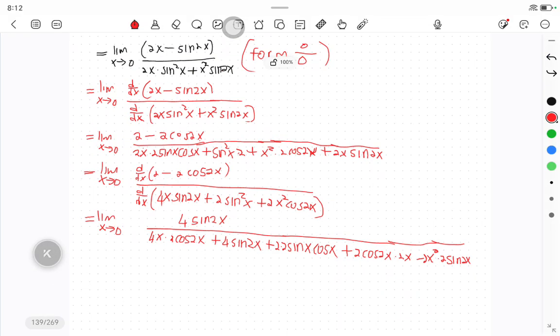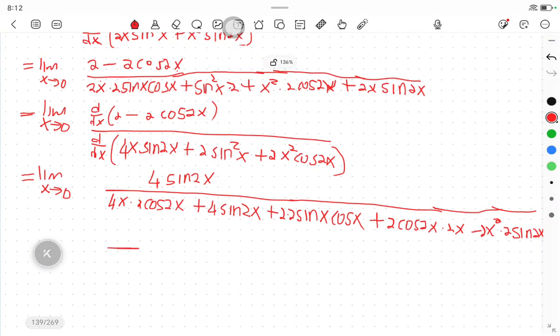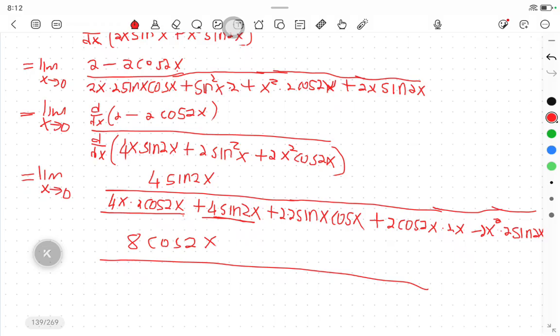So if I keep on, I think the other derivative will be the last one. Because when I derive the numerator, let's say I was to derive this one, I'm going to get 8 cos 2x. I will not get 0 anymore here. You see right? So this will be the last derivative. And when I derive this one on the denominator, I want to show you this. When I derive this, right, this will be a product rule. It's going to give me something that when I plug at the end, it will be 0. But when I derive this it would give me 8